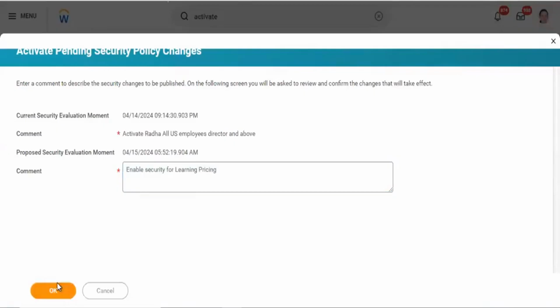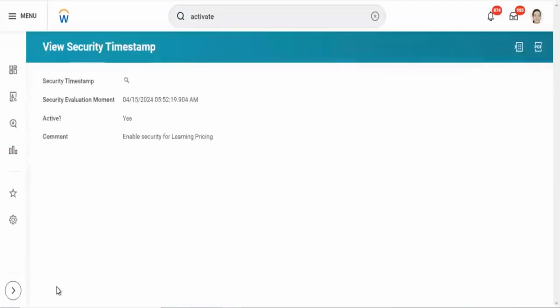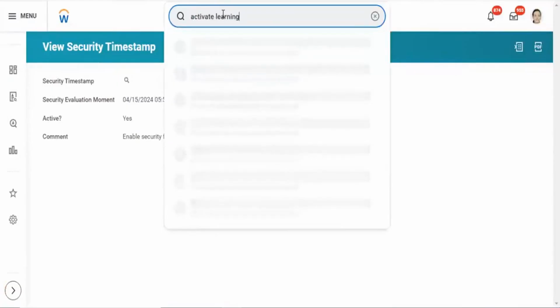But if you are interested to learn other areas of Workday, then this should be helpful for you.